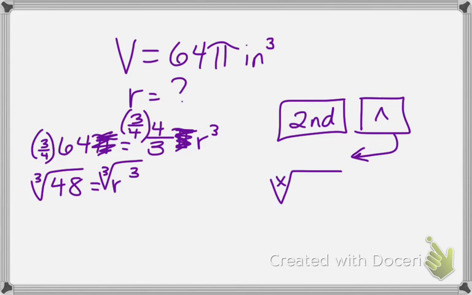So you would have to hit the number 3, the second button, and then the up arrow, which will get you this symbol, and then 48, which gets us some decimal, 3.6. I think your cell phones actually have a cube root button on it. So my radius would be equal to 3.6. Okay? All right, so this is what you need to